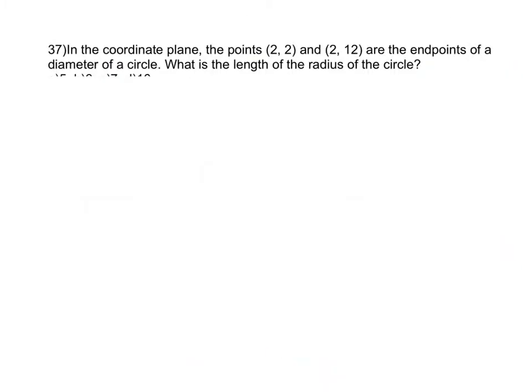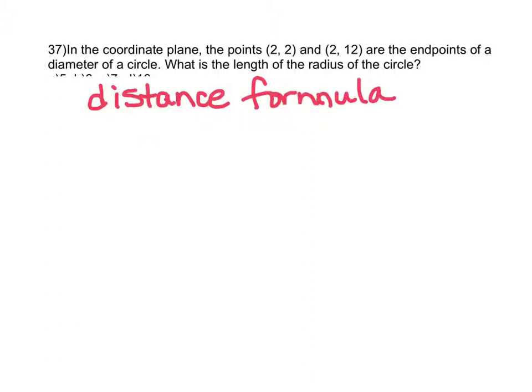In number 37, it says in the coordinate plane, the points (2, 2) and (2, 12) are the endpoints of the diameter of a circle. What's the length of the radius of the circle? Alright, so the first thing that we want to use is our distance formula. Now this is on your formula sheet that will be provided for you. And your distance formula is